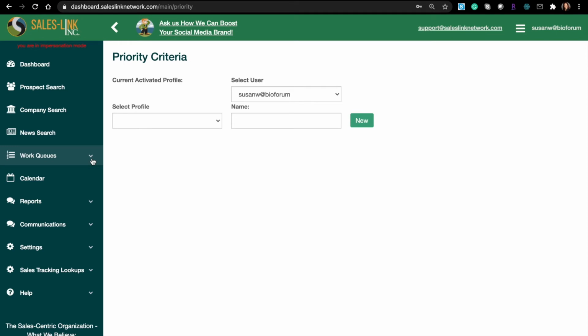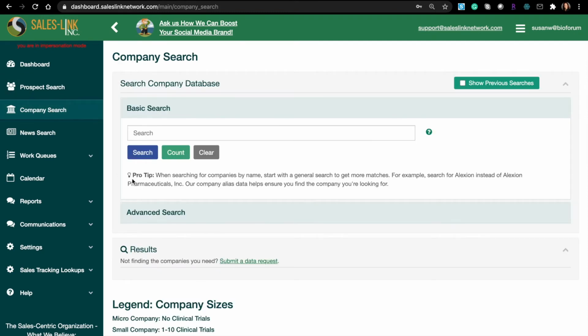In our system, people will use it in one of two ways: a casual user or a 24/7 lead generator that's on fire. If you happen to be just a casual user, you would probably just be frequenting our prospect search or our company search. So let's go to company search. In company search, you can put in any